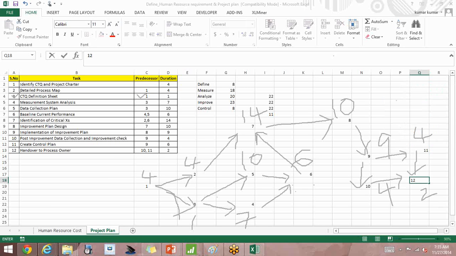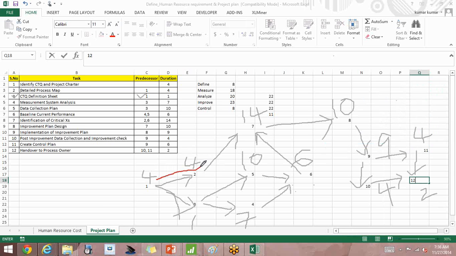This is the entire critical path. So we have drawn this path. I'll put it in layman terms. The path which takes the maximum duration is called a critical path. So let us add and see. This is one path. Let me select another color.